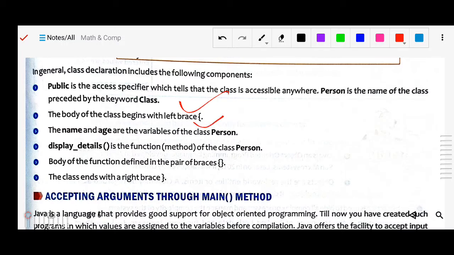Name and age are the variables of the Person class. displayDetails is the function, as I told, a method of class Person. The body of the function is defined with a pair of left and right braces. The class ends with the right brace, because it starts with the left, so it ends with the right.